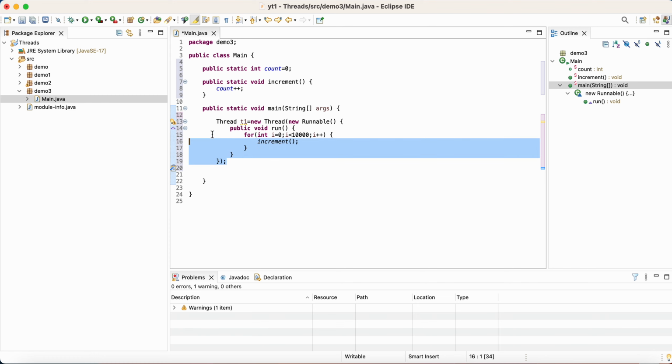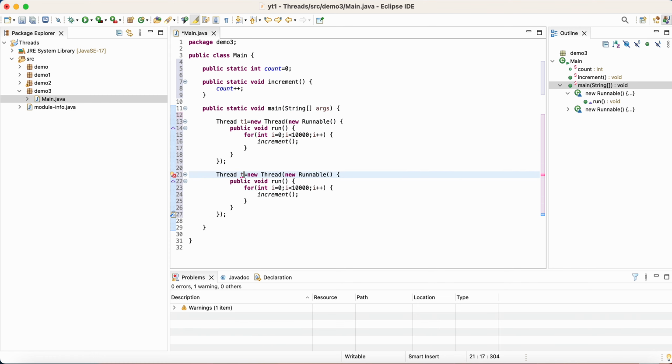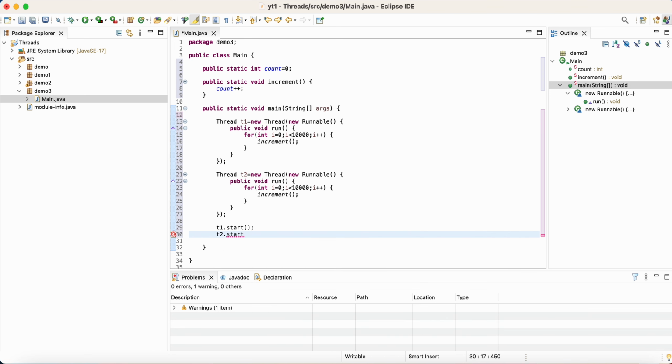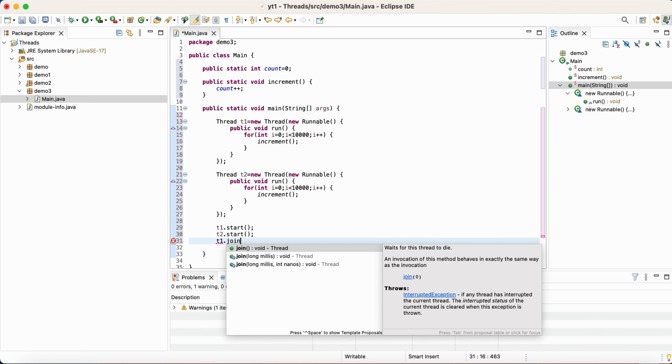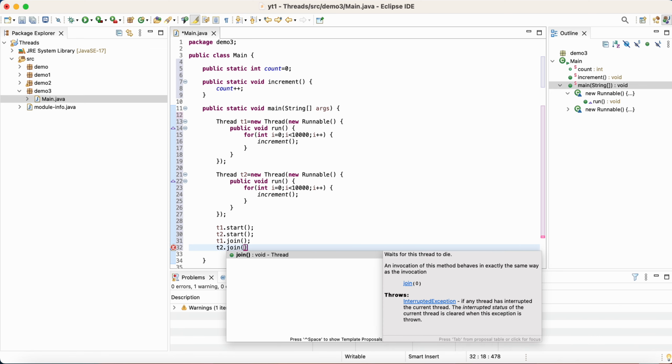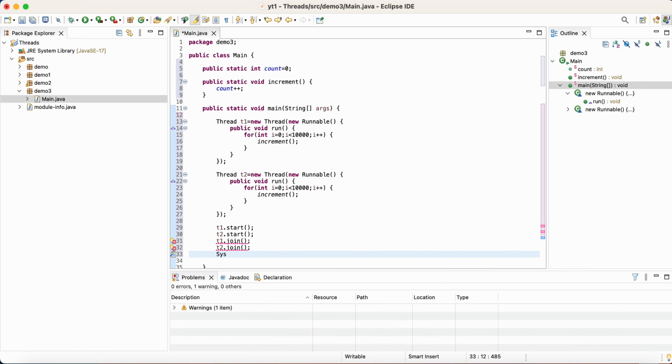Let's create another thread t2, which will be doing the same work. Let's start both threads, t1 dot start, t2 dot start. Let's wait for both threads to complete their execution, t2 dot join, and print the value of count after their execution. Value of count is